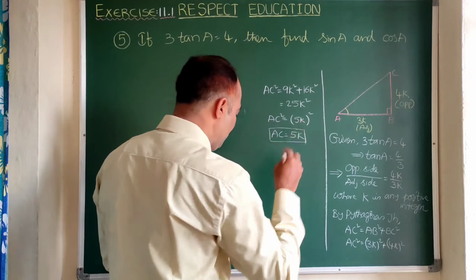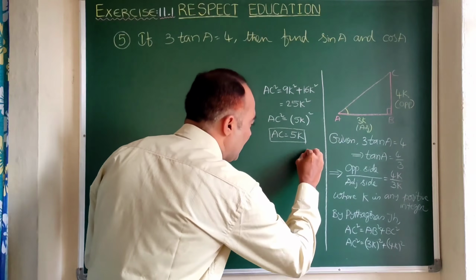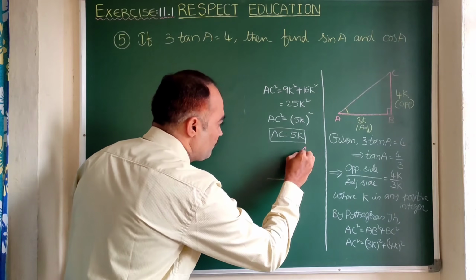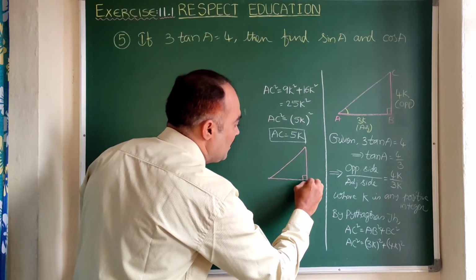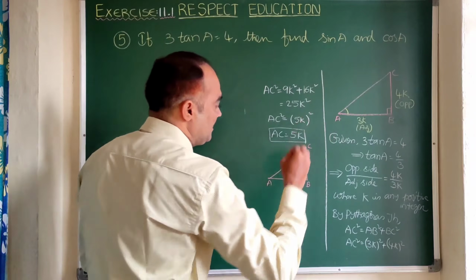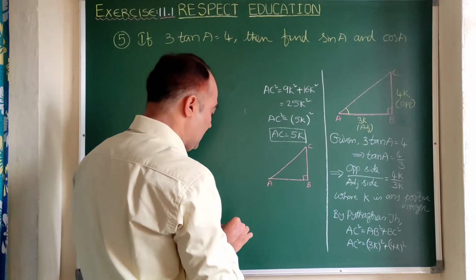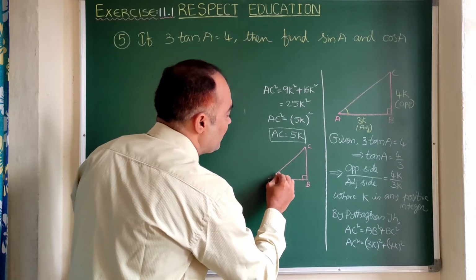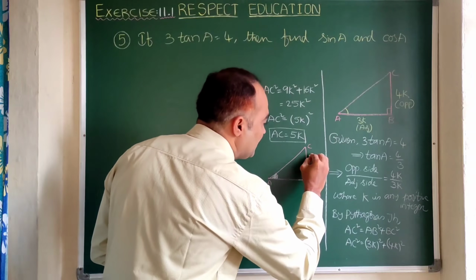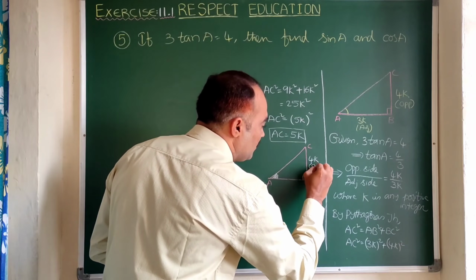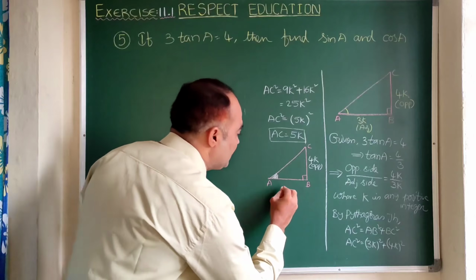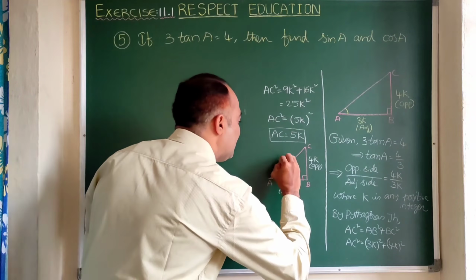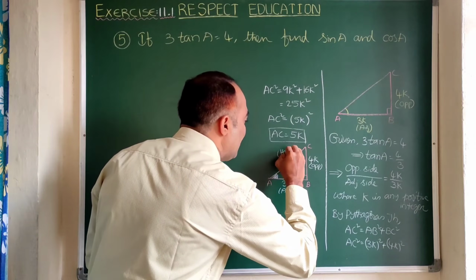With this value, again we are going to draw the given triangle with all the three values. Here this is the right angle, B, right angle at B, this is A, this is C. Now here let us write the values. You are at angle A, right? Now here this is the opposite, that is 4K. This is the opposite side. And here this is 3K, that is the adjacent side. And just now we got this as 5K, that is the hypotenuse.